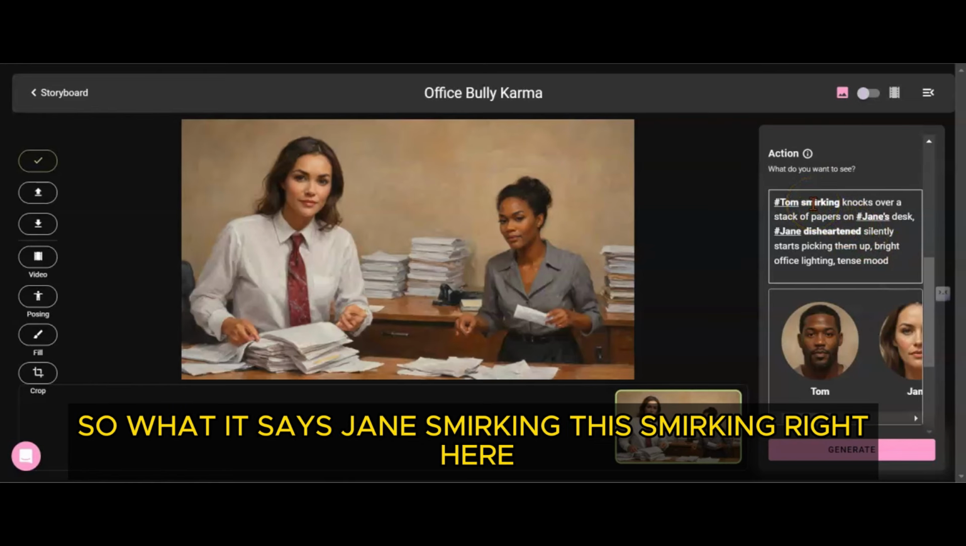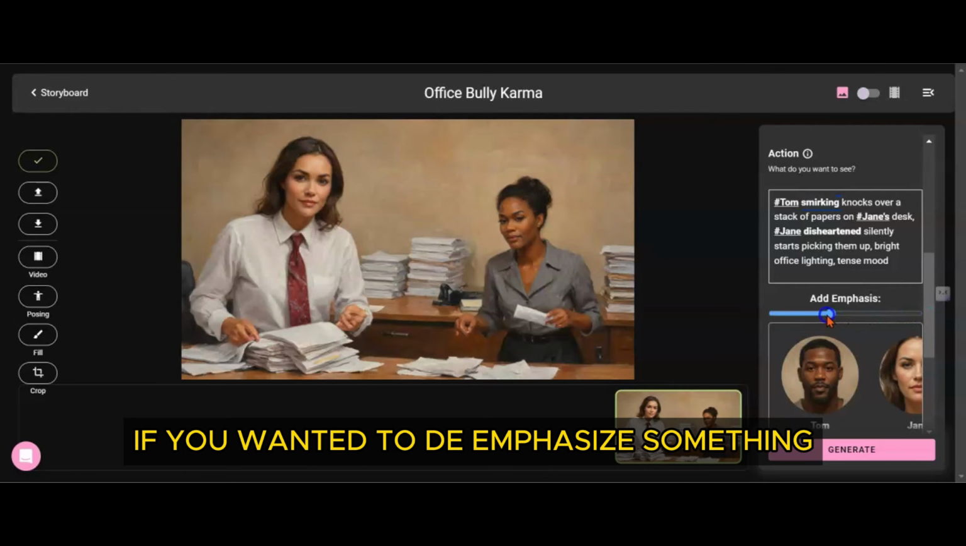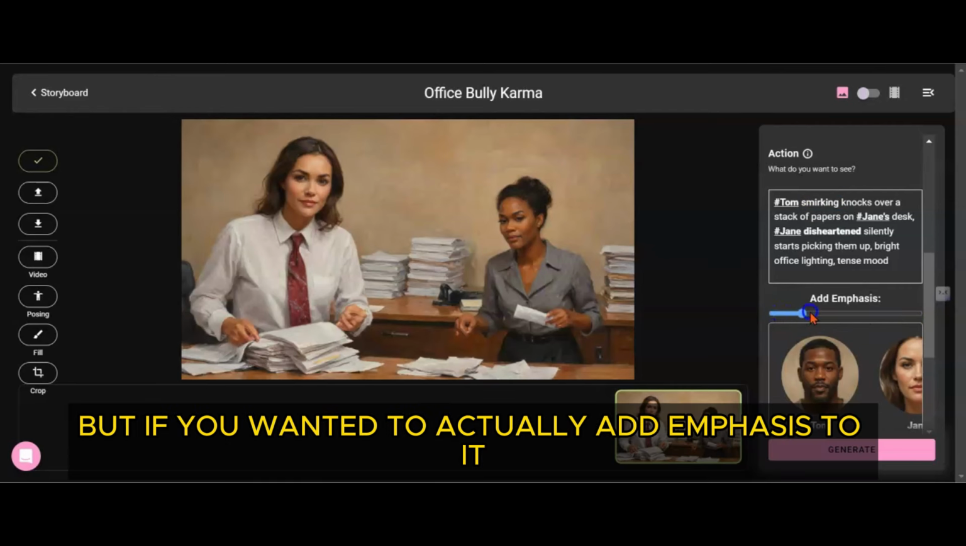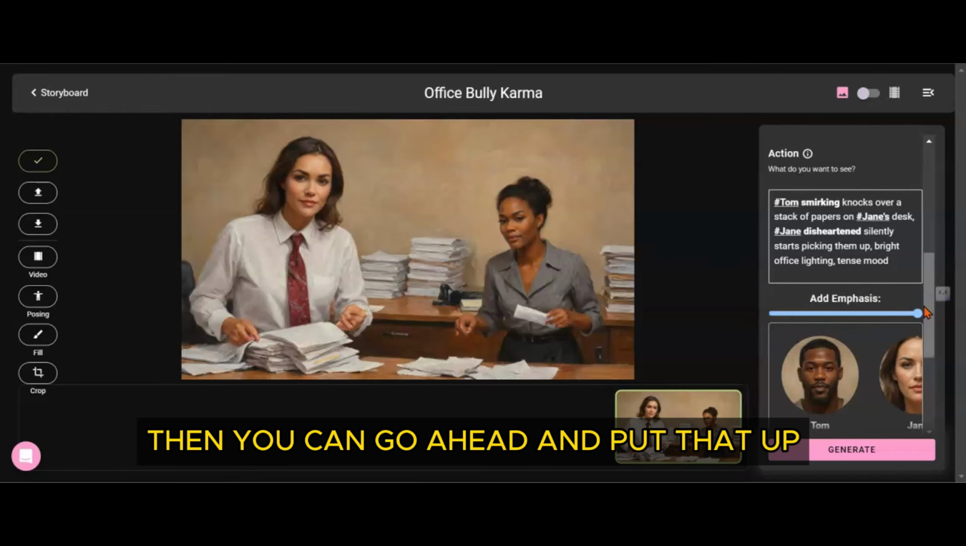So when it says Jane smirking, this smirking right here, it's bolded. That means that there's an additional emphasis. If you wanted to de-emphasize something, you can go ahead and bring it down. It won't be bolded anymore. But if you wanted to actually add emphasis to it, then you can go ahead and put that up to